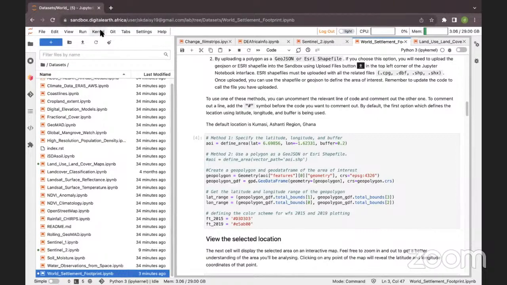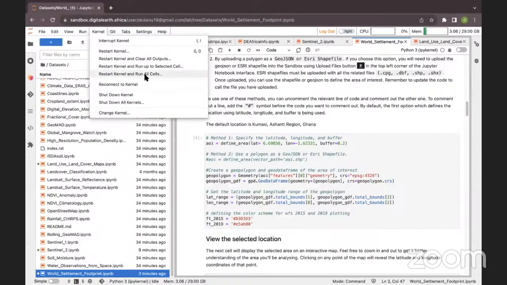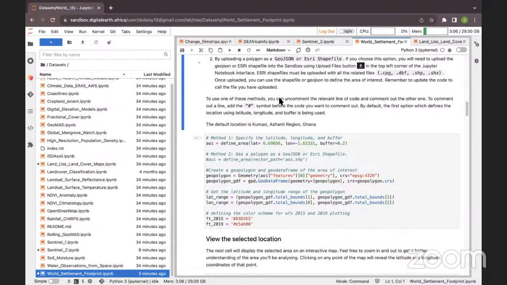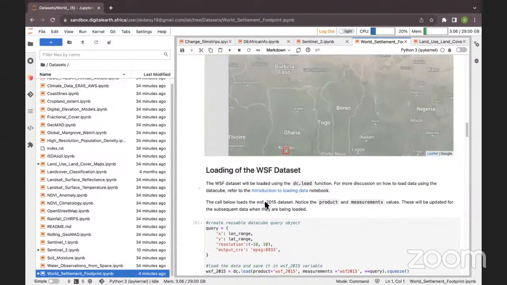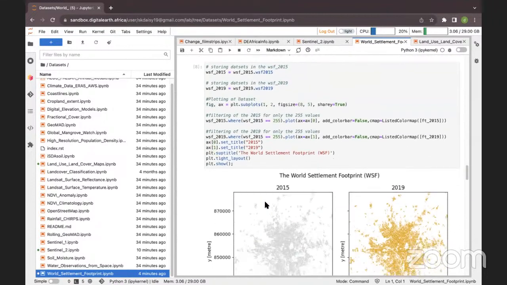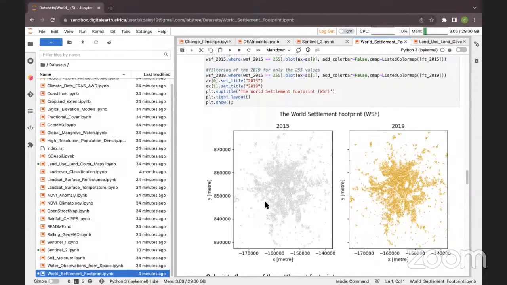Then you come to the kernel, restart kernel, and run all cells. Once you click on restart kernel and run all cells, just don't worry, go through it, and you'll be able to see all the results that we have here. If you see the results and you're interested in it,